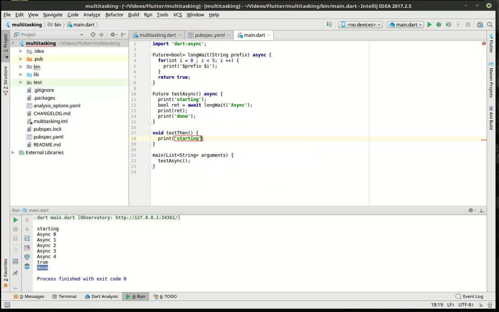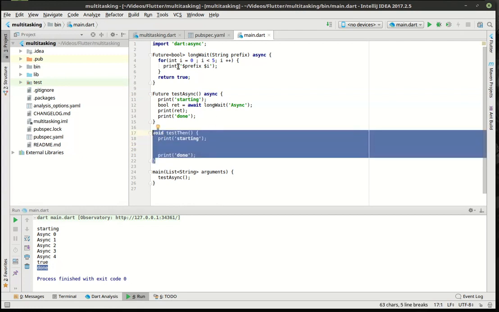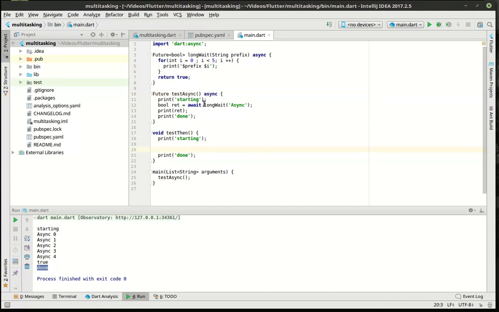All right, so we're going to go starting. And through the magic of copy and paste here, pretty much the same structure. We are not using the async keyword here. So we're in what's called synchronous code, and we want to run asynchronous code. Well, we have two options. We either turn our little function into an asynchronous function like we've done before, or what we can do is